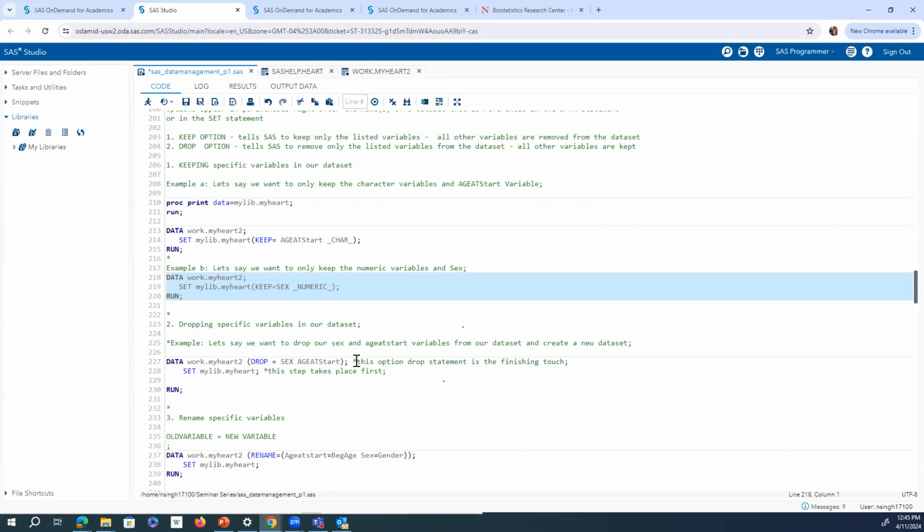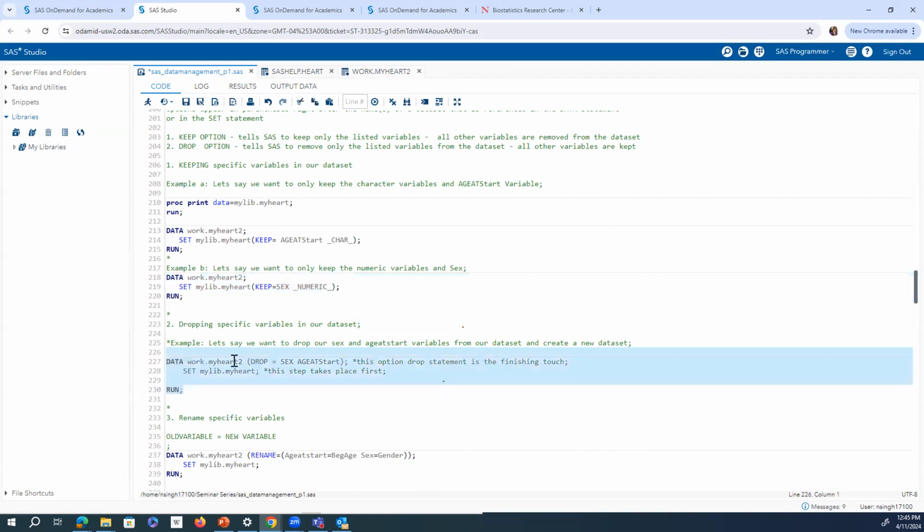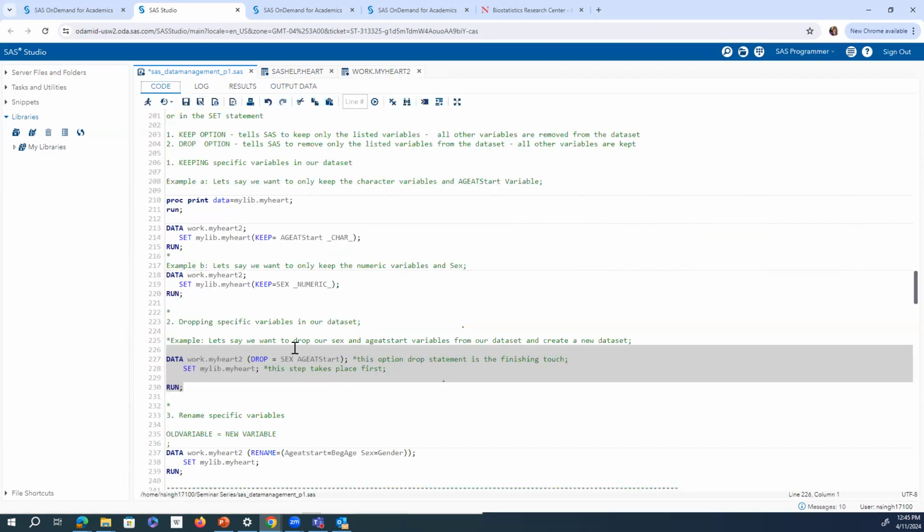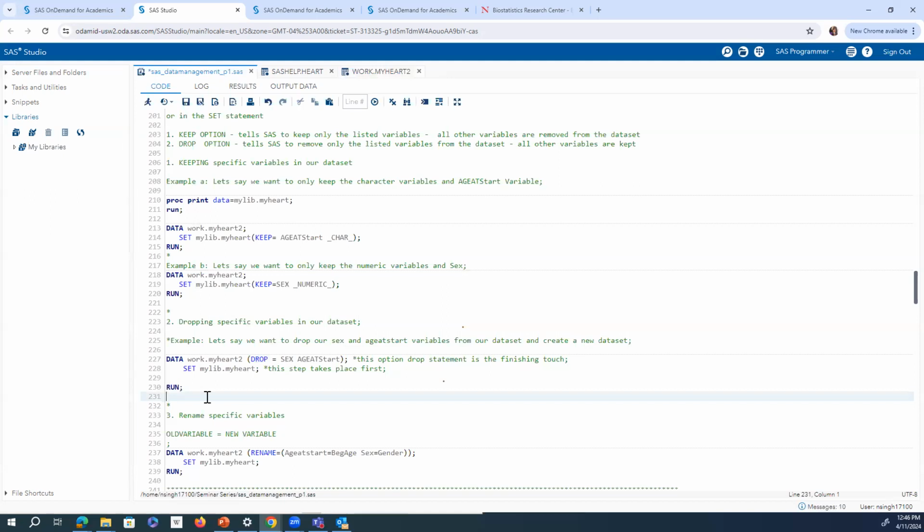work.myheart2, and it dropped variables called sex, age at start. So I created a new myheart2 data set, and I dropped sex, age at start. So if I run this code and I just look through the columns here, you can see that sex and age at start are not included. So this is just an option if you want to get rid of certain variables that you're not interested in, or if you want to keep only a few variables from your large data sets. These are a few options to use when you want to narrow down your data set and make it easier for you to read